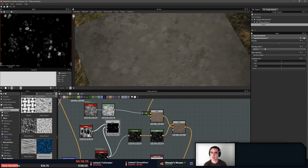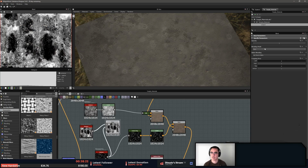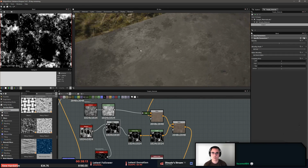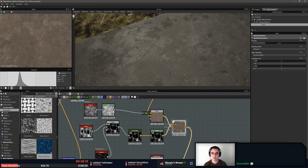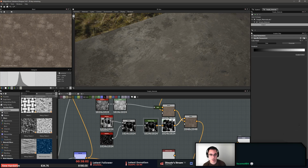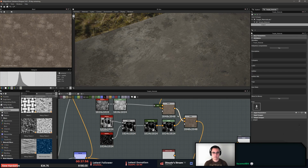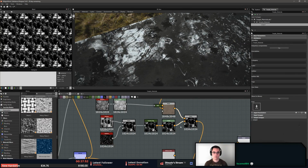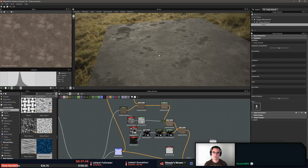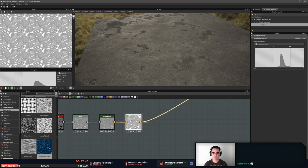So right now we're just kind of blending between different patterns and shapes to see if we can come up with anything interesting. This one's weird. Let's see what that looks like. So that one's cool. See, you're getting all this weird breakup stuff. Tile's pretty rough. Probably need to modify some things to make that not tile as poorly. Oh yeah, and then in the roughness, I need to make sure that